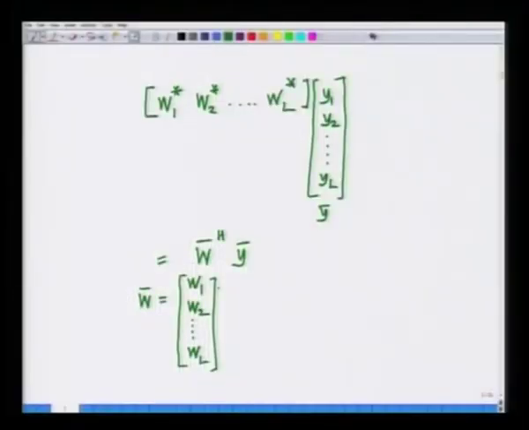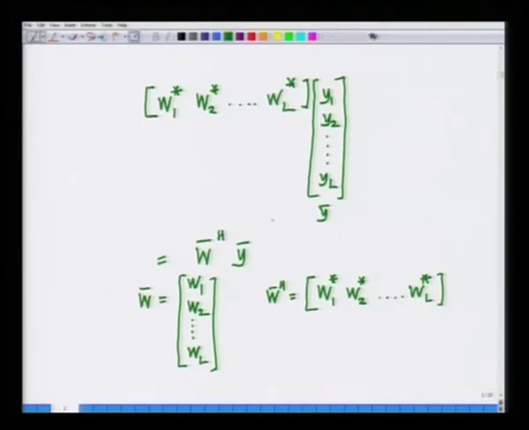Now, let me remind you of the properties of matrices, if W bar is W1, W2, WL, then W bar Hermitian is nothing but the transpose of W and then the conjugate, alright. So, if W bar equals W1, W2, WL, then W Hermitian is first I take the transpose, that is the column vector becomes the row vector, that is W1, W2, so on up to WL, and then I take the conjugate W1 conjugate, W2 conjugate, so on up to WL conjugate. So, W bar Hermitian is nothing but the row vector W1 conjugate, W2 conjugate, WL conjugate, and the receiving that we are doing is nothing but taking Y bar and multiplying it on the left